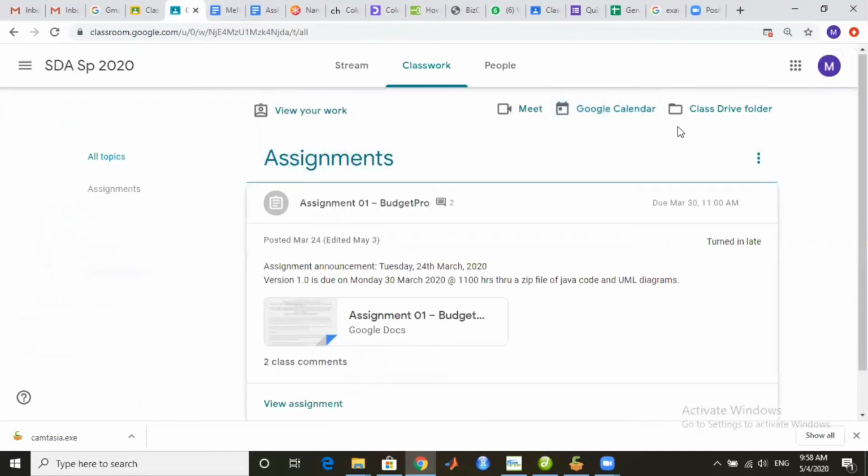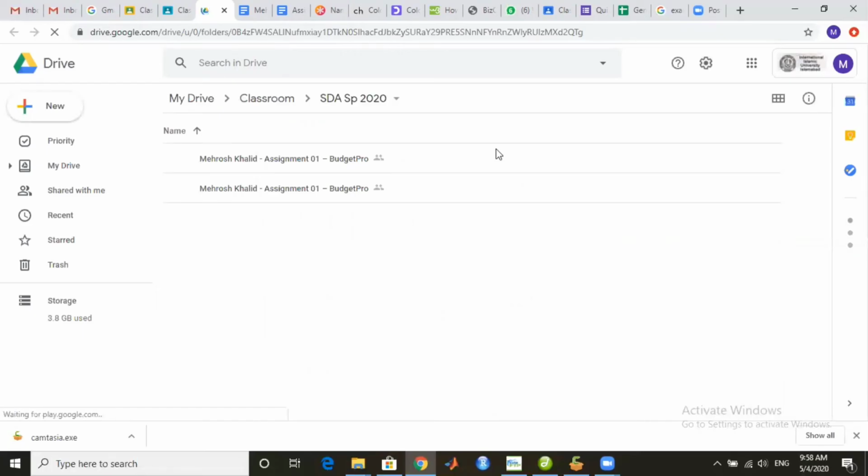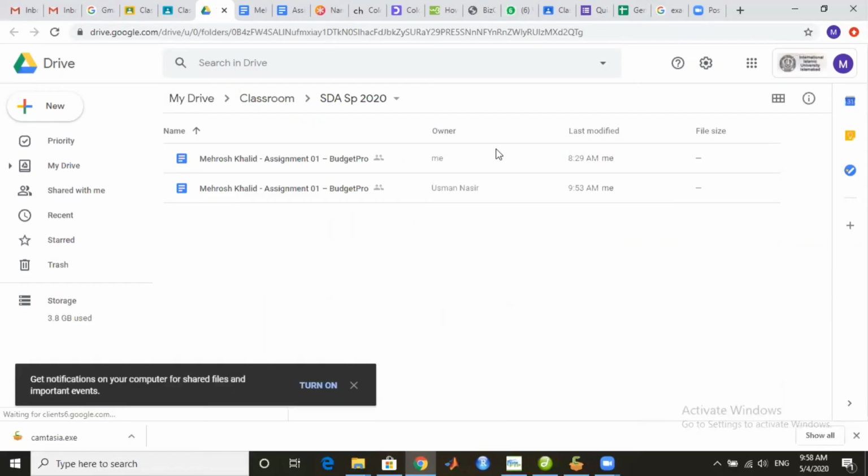Now coming back towards your class homework page, here is the Class Drive folder. The Class Drive folder basically links to your Google Drive that is associated with your IIU official email address. When I click on the Class Drive folder, it shows me all the submissions that I have made in response to the teacher's queries or assigned tasks.